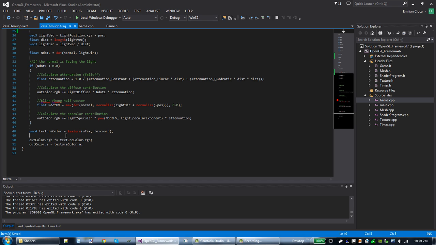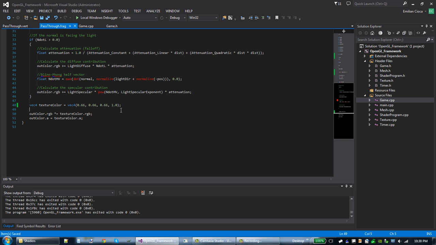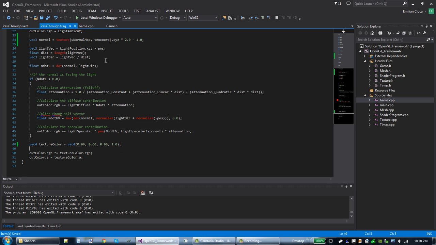After that, of course, everything comes together. We start multiplying the texture color by the lighting that was calculated here. Of course, the issue is we don't actually have a color texture anymore, so I'm going to replace this texture call with a simple vec4 containing something like 0.66 all the way across, just a flat, relatively dull color with a 1 on the end. Of course, if you wanted to have a proper texture, simply include another sampler and read from that texture here. However, if we are to run the program now,